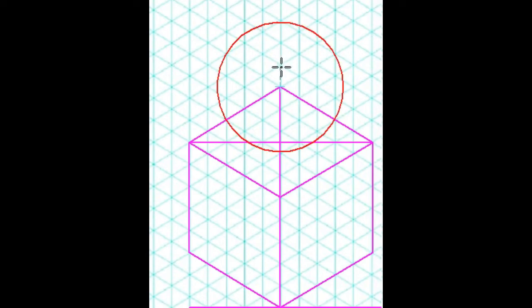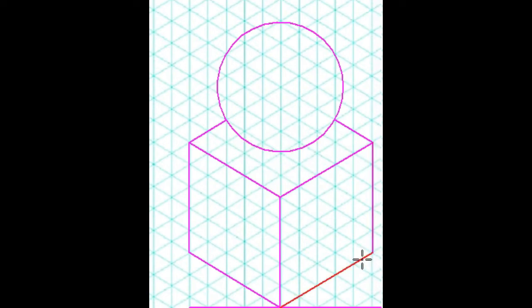That is, if the radius is 25 mm, we have to take 25 mm of radius itself and draw a circle. Thereby we get a circle of diameter 50 mm to represent a sphere. When a sphere is placed on top of the surface of this cube, what happens to the sides? They will be hidden, so we have to trim them off. So I will trim this off, and similarly I will trim these lines.